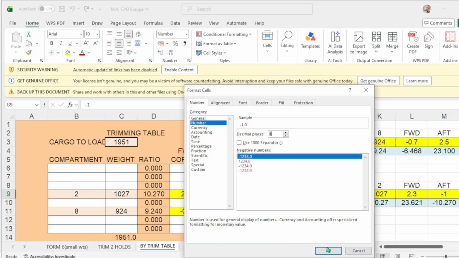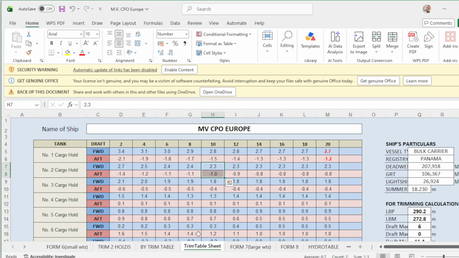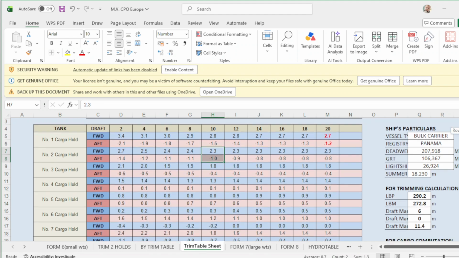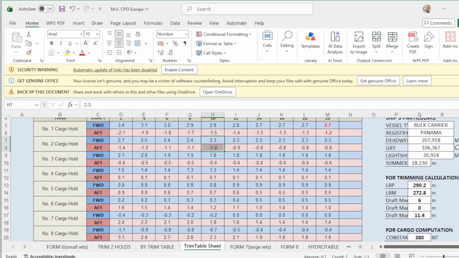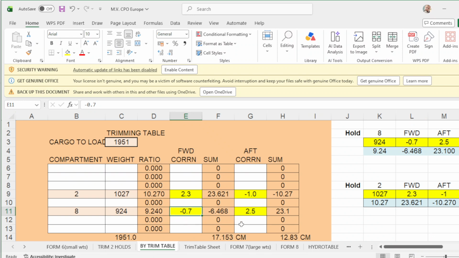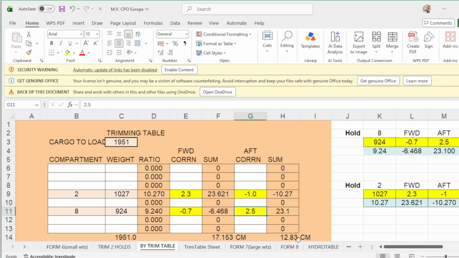Then hold number 8, forward correction. Hold number 8, scroll down. Okay, hold number 8. So forward correction is negative 0.7. Negative 0.7. And up correction is how much? 2.3. Okay, that will be 2.3.